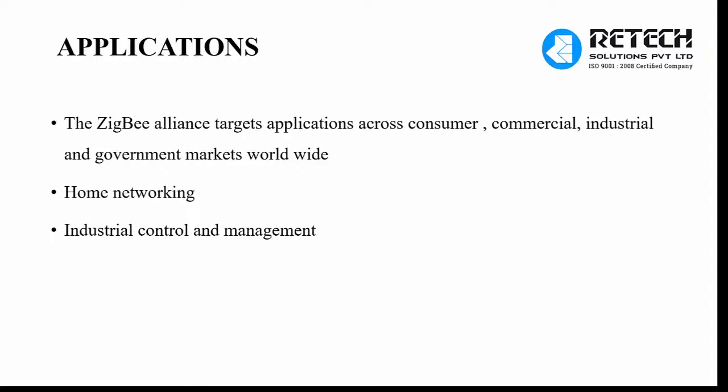If you go for a Bluetooth module, it will only use the BPSK modulation technique, but in the Zigbee you can switch by using various modulation techniques like BPSK, QPSK and GPSK. So it is the main advantage of the Zigbee. If you want to use separate modulations, you can produce the best signal quality by using the Zigbee modules.